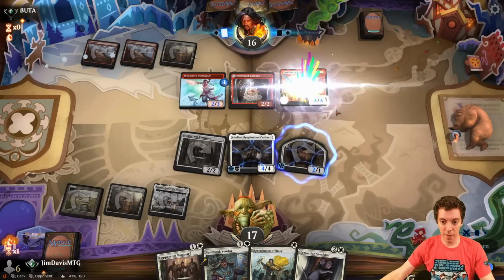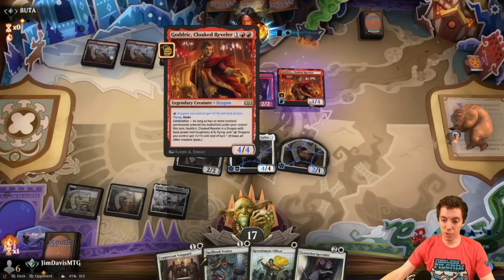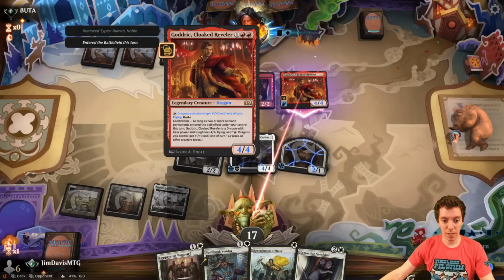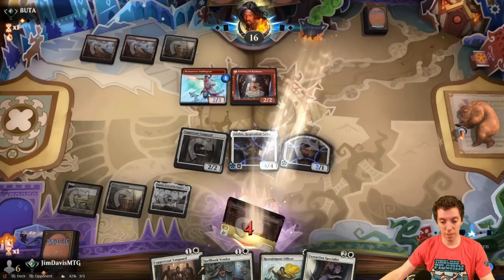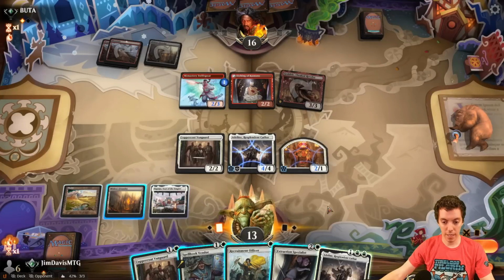Lithomantic Barrage being the worst possible. They're going to Godric. Wow. Going to race here? Here's Godric. It does have the Celebration ability thanks to this thing entering the battlefield. So they attack for 4. But now we're in on the ground, and